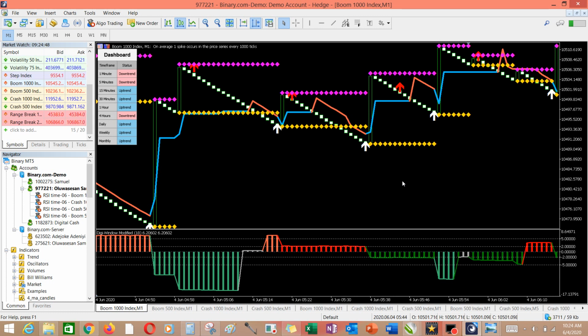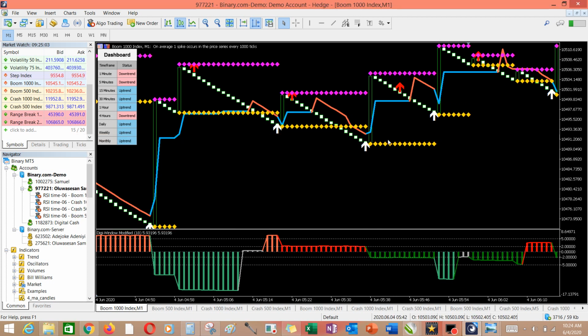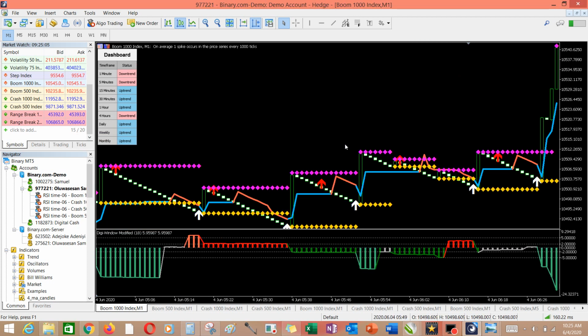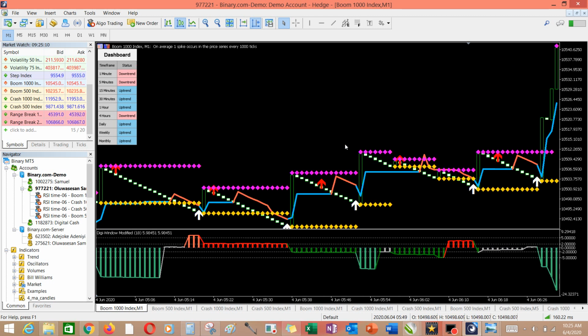Those two assets were created based on that, as in the market will be moving within a certain range before there will be a breakout. So there will be a lot of test and retest before there will be a breakout. So what am I trying to say? How do you know when a market is testing or retesting before there is a breakout? When the movement of the market is going within a certain point for a very long time. So let me quickly highlight that together. Thank God we are at a very good point now.